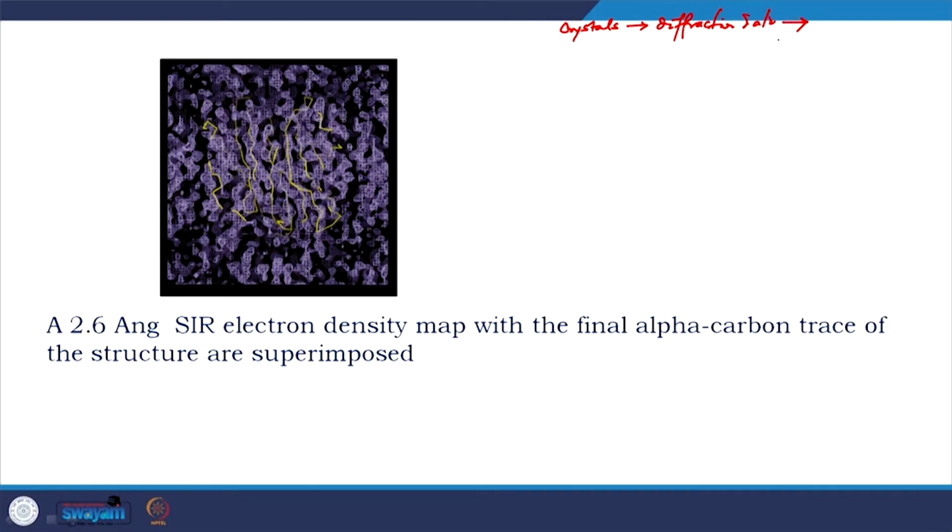Now, we try to solve it, we got amplitude, but we did not get what? The phase. Now, we are putting single isomorphous replacement and we get the ED map, electron density map, right. This is a 2.6 angstrom resolution density map,